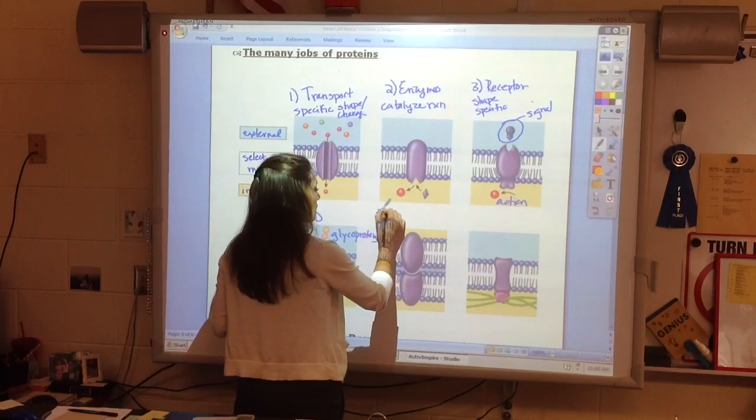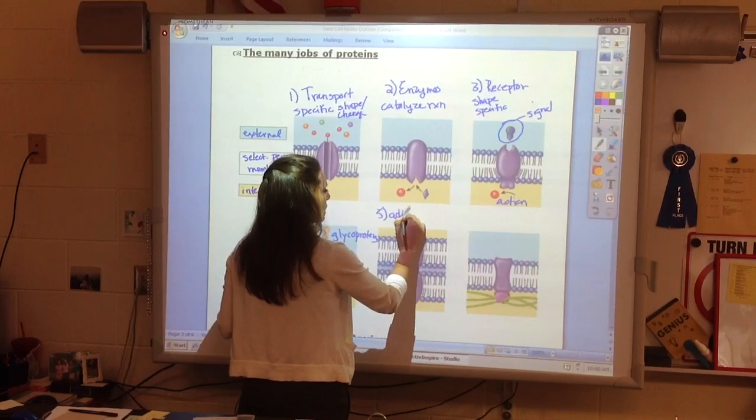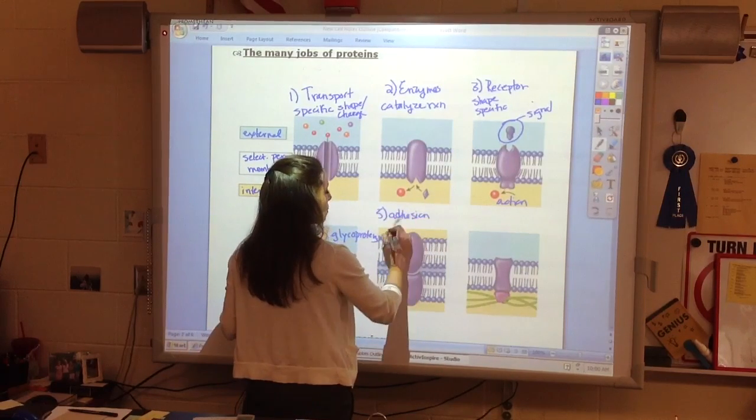Number 5 is what's going to be called adhesion, which is helping cells